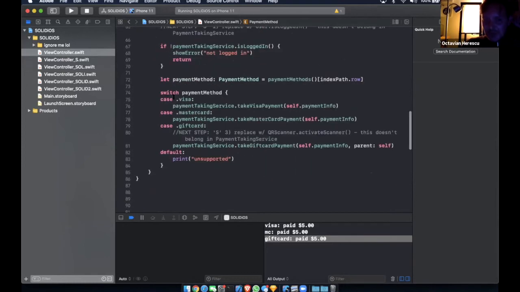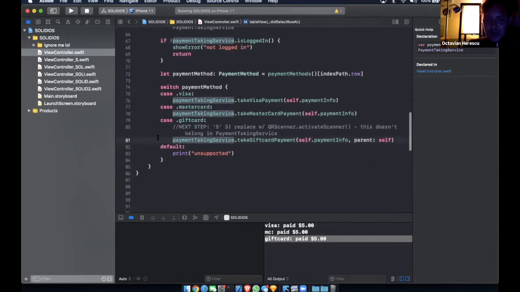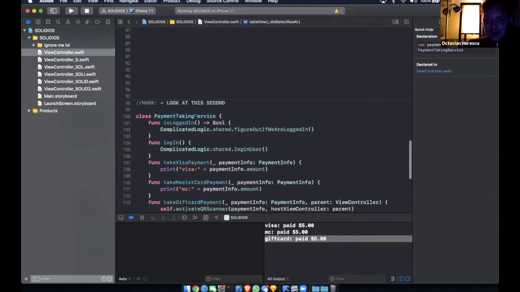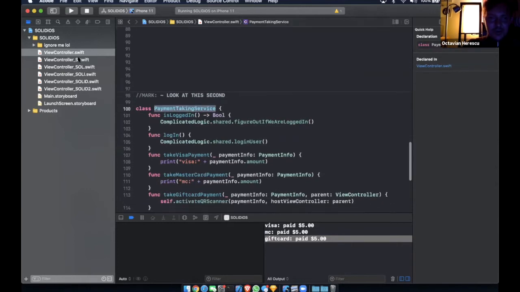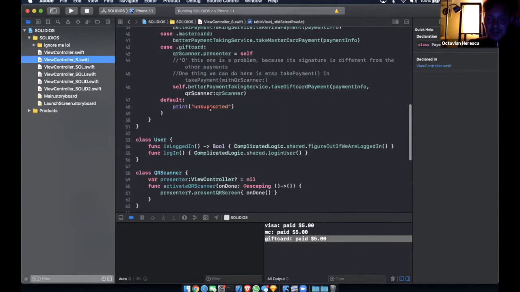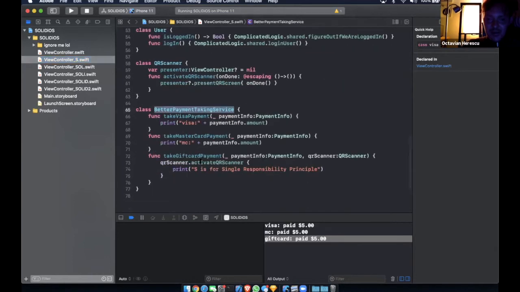So this switch statement will be case Visa, case MasterCard, case gift card, case Bitcoin, case wire transfer, case PayPal, case whatever. Let's just take PayPal. Let's say we have to add PayPal. Okay, we added this case here, and then in the payment taking service, oh, I'm sorry, I'm in the wrong one. In the better payment taking service, we'd have a